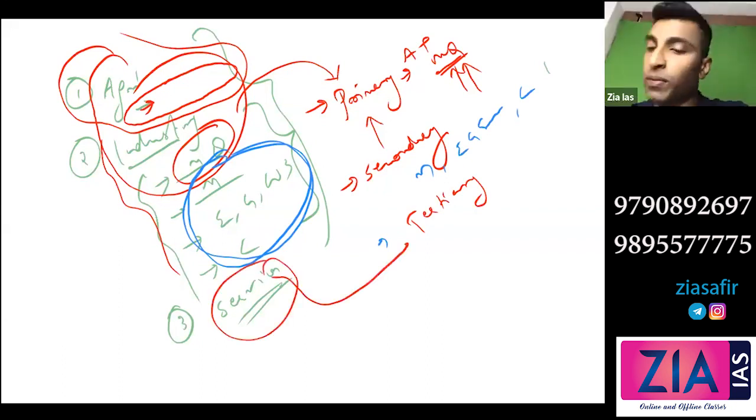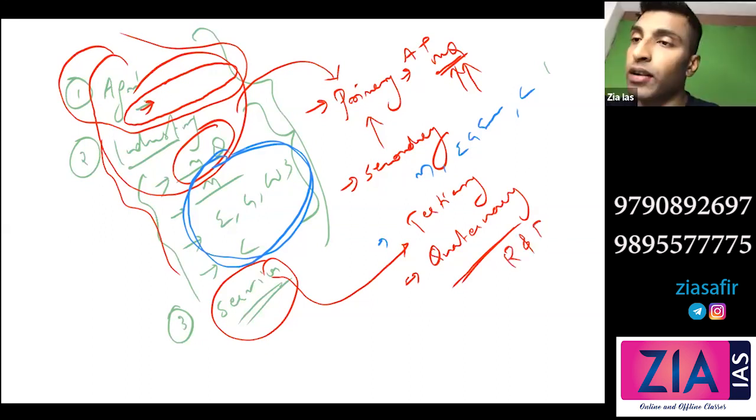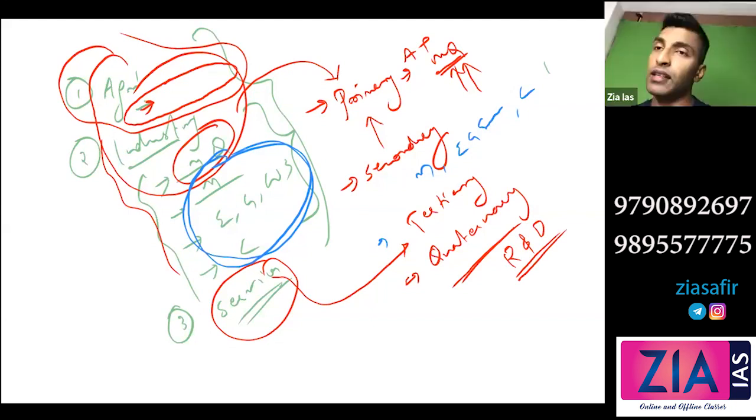Then is there anything more? There is quaternary. Quaternary sector. What is that? Specialized services. That is related to research and development. So there's a new one. This is related to research and development. That is the quaternary sector of the economy. So this is another classification.